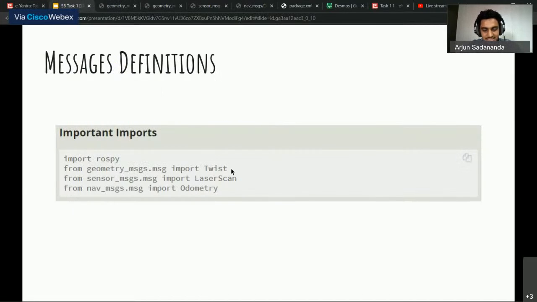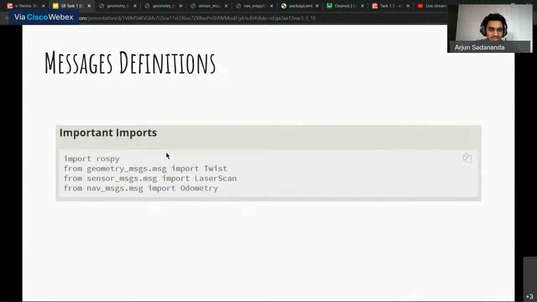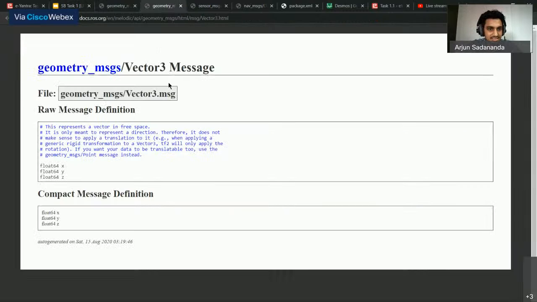And if you go further into the script in the mdbook as well, you'll notice in this slide I've had a few lines here. In velocity_message.linear.x, that is what has the forward velocity, and angular.z is what has the angular velocity stored. So that's the structure that we'll be using, and that's therefore this import. Similarly, you can go through the laser scan and odometry. The links have been provided there. You'll see the structure for